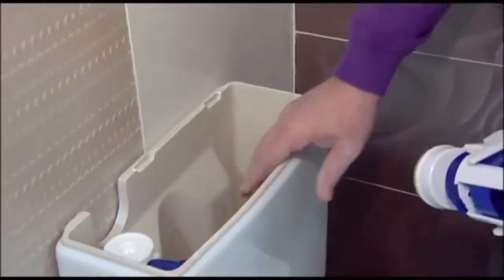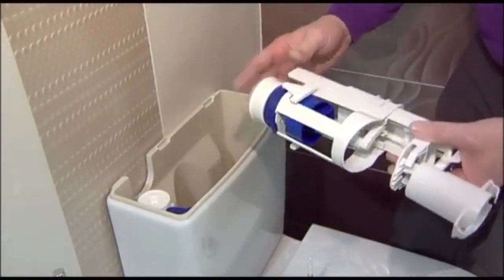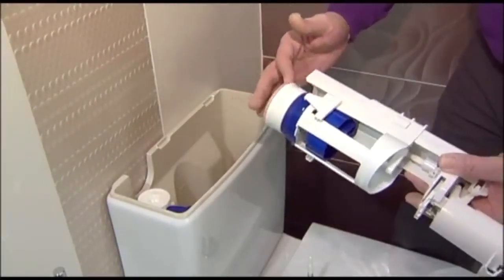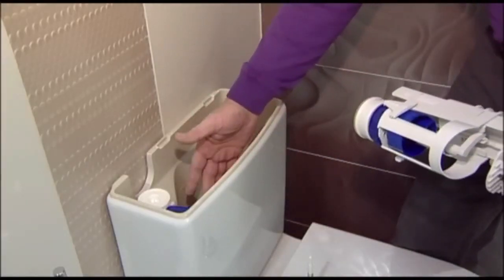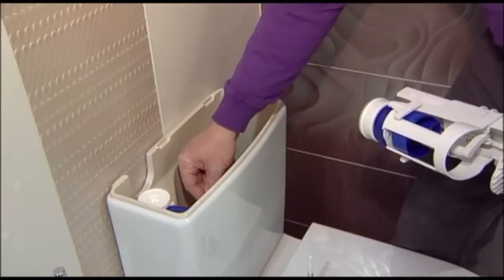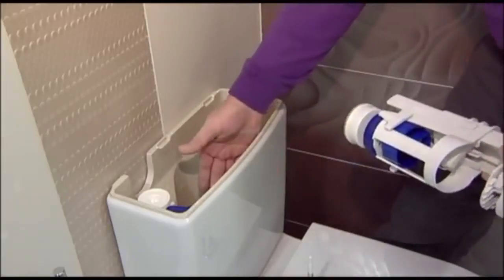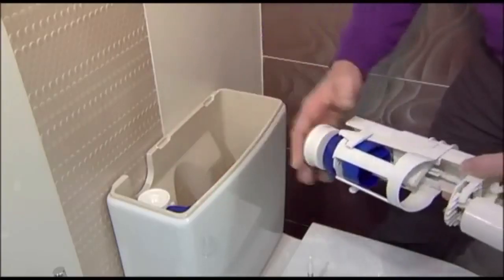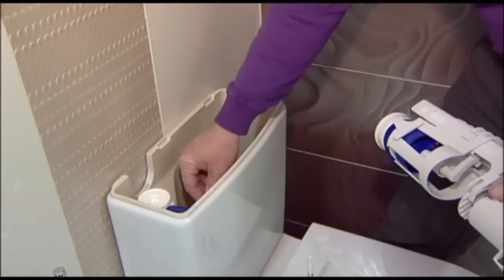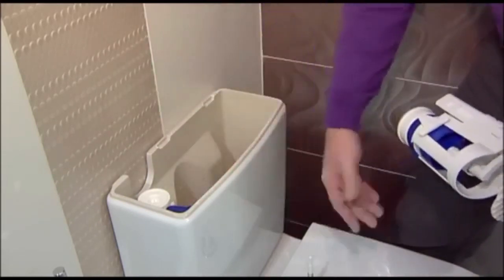Sometimes this mechanism's just letting by, and there are two reasons for this. One will be it is letting by in the washer position here. Both of these will flow back into the toilet. The second is that there's an overflow built into the toilet. Unlike the old days where the overflow would be a separate pipe going outside your house, on these newer mechanisms the overflow is built into the toilet,